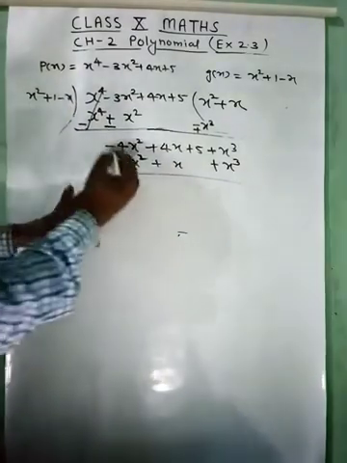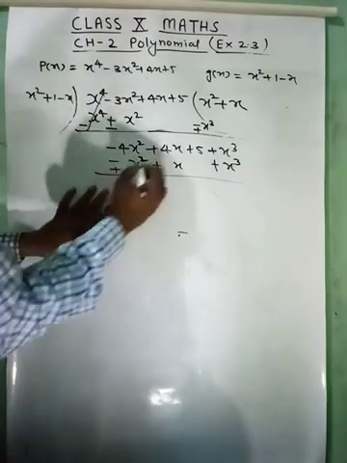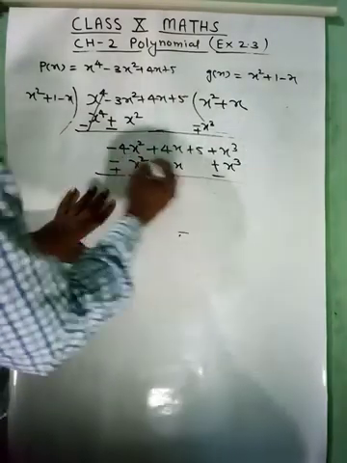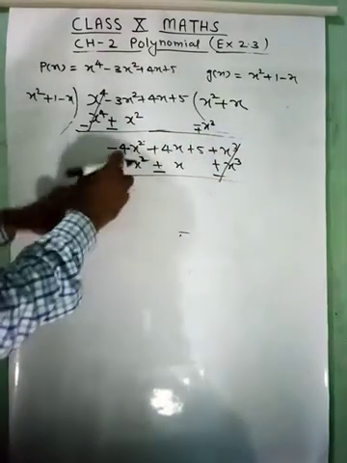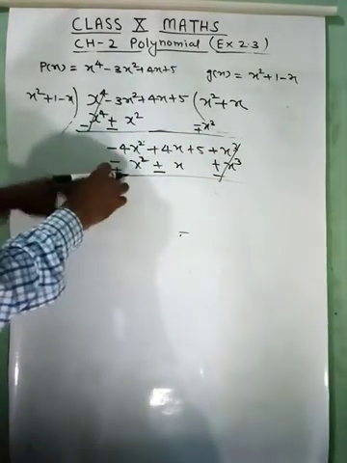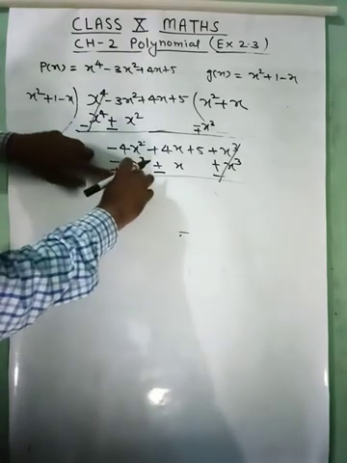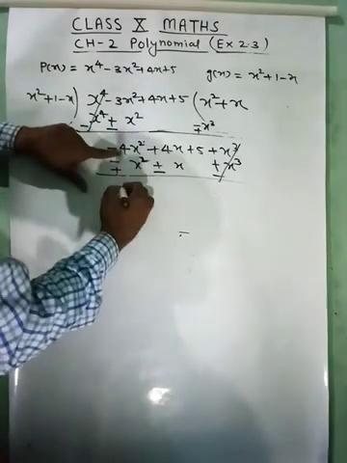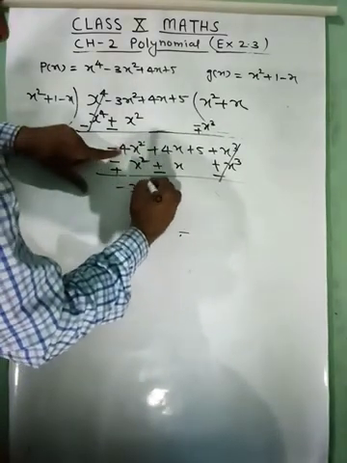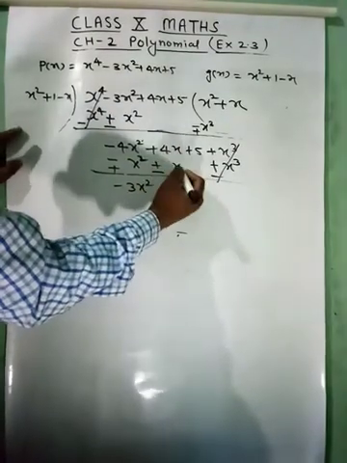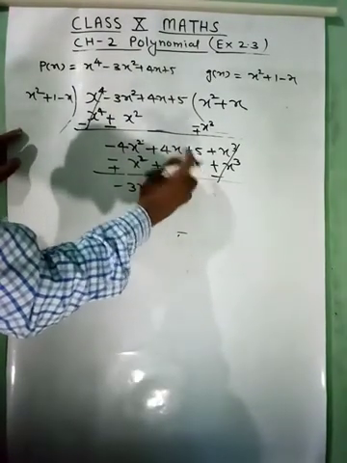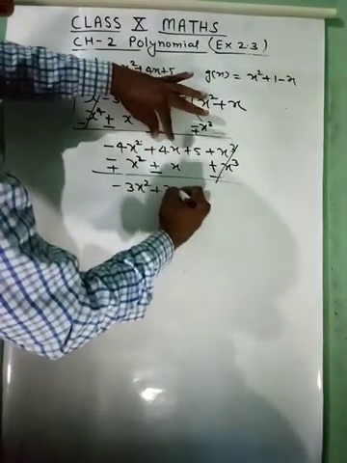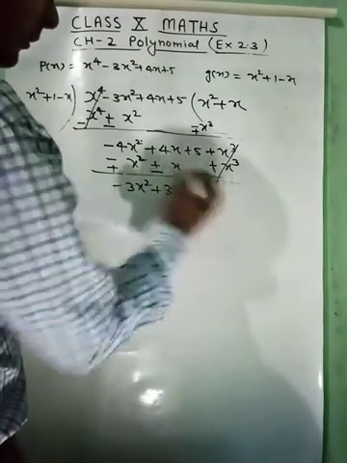Clear? Now we will change the sign, negative negative positive, positive positive negative, it is positive plus positive positive negative, this will be cancelled. This positive, it means 1x square will be subtracted from minus 4x square, so it will be minus 3x square. Now it is a positive sign, it is a negative sign. So when minus x will be subtracted from 4x, it will be plus 3x and it is plus 5.